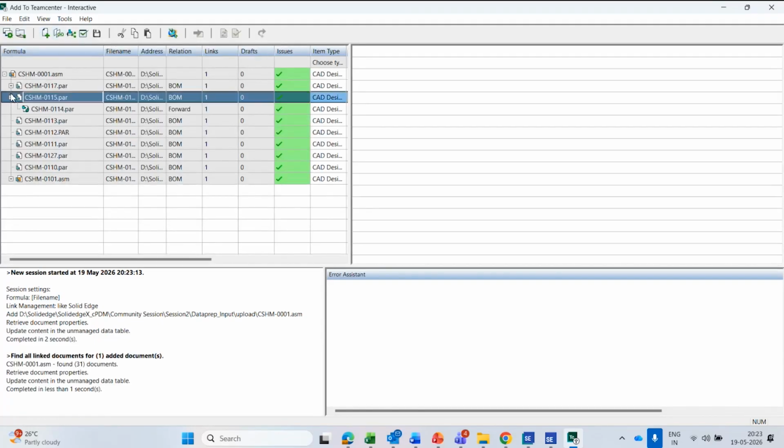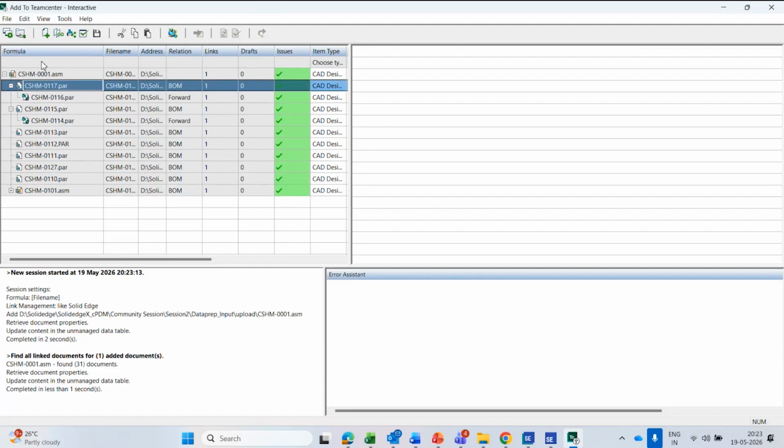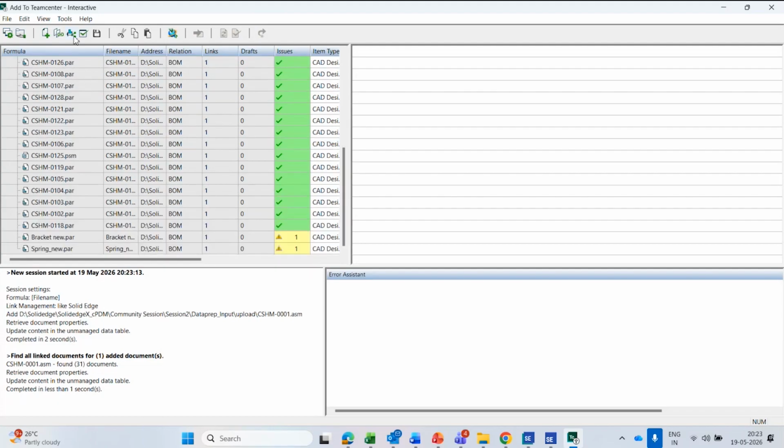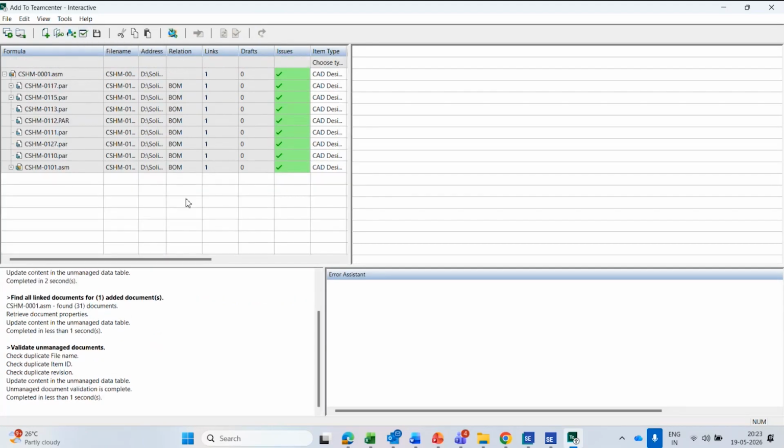It finds all the BOM structure, and then I can also say if there are some draft files, associated draft files, I can use the find all the related draft for performing this operation. So in this case, I can run the unmanaged validation, which basically checks for the duplicate file name, item ID,